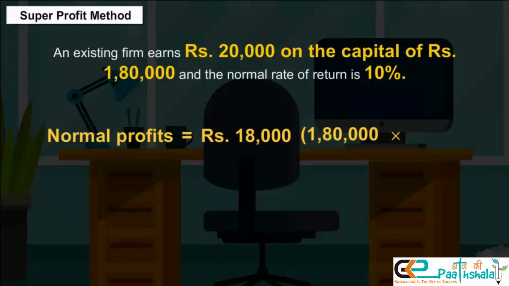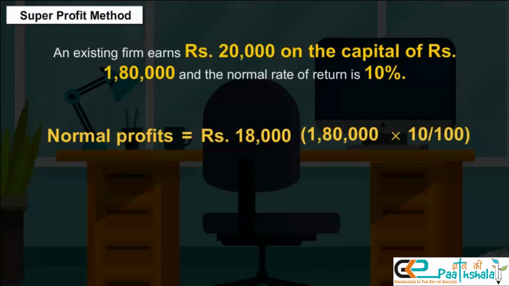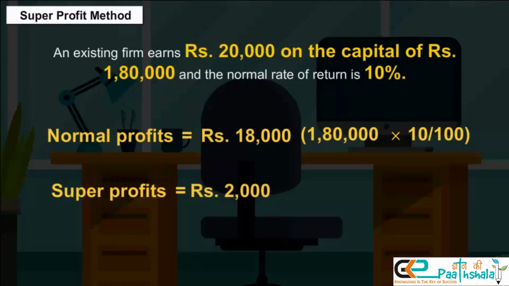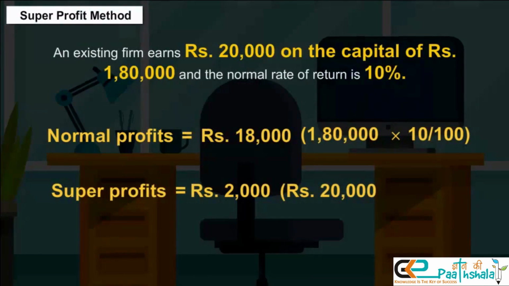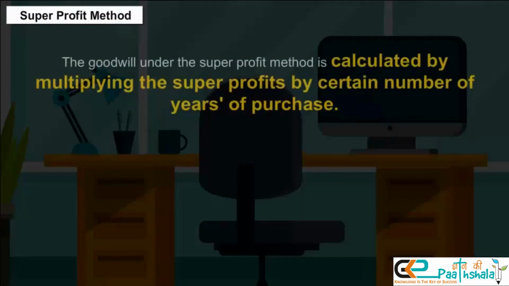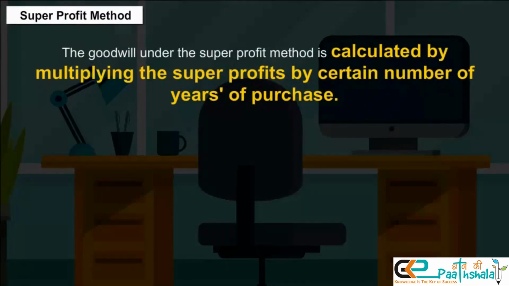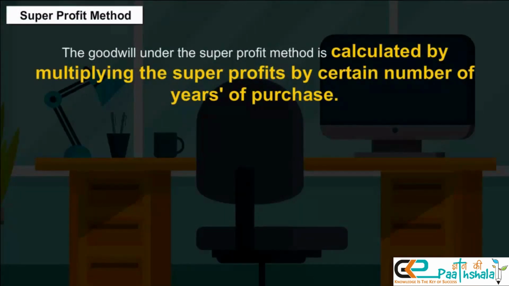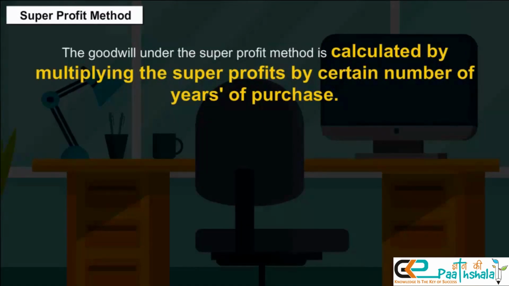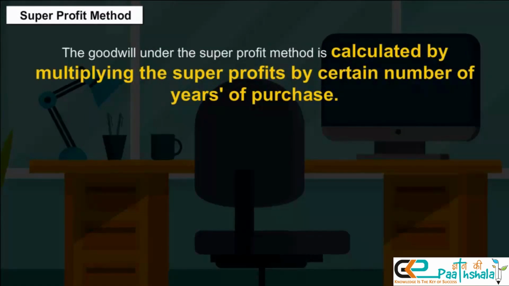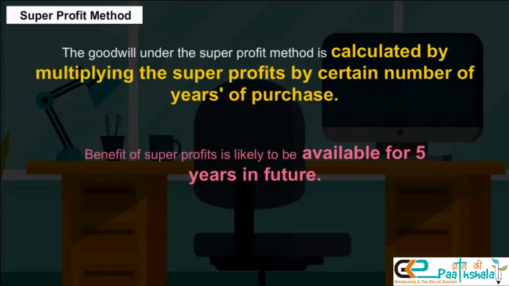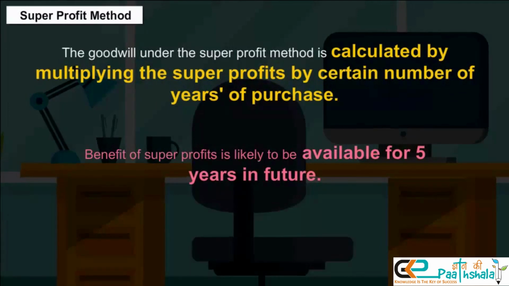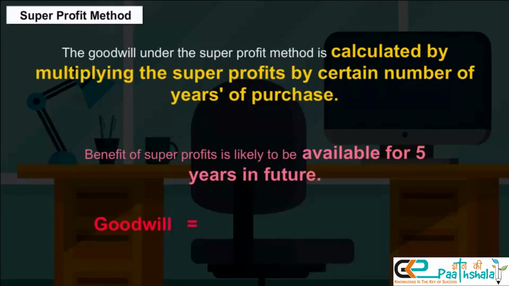1,80,000 multiplied by 10 upon 100. The super profits will be rupees 2,000. Rupees 20,000 minus 18,000. The goodwill under the super profit method is calculated by multiplying the super profits by certain number of years of purchase. If, in the above example, it is expected that the benefit of super profits is likely to be available for 5 years in future, the goodwill will be valued at